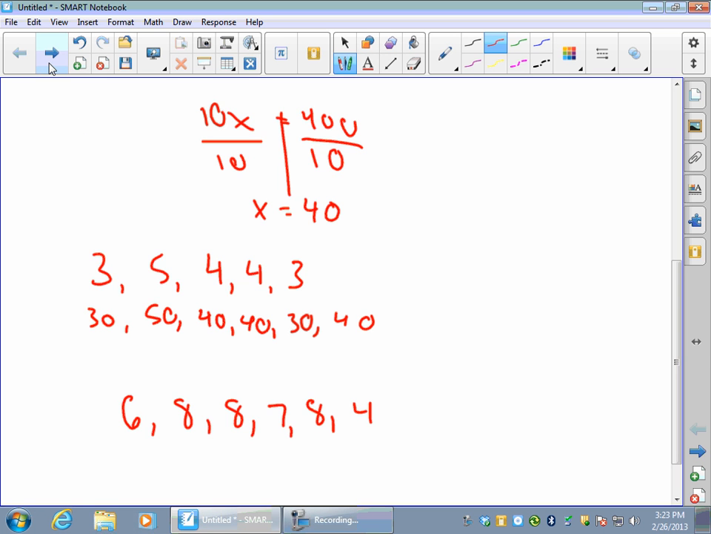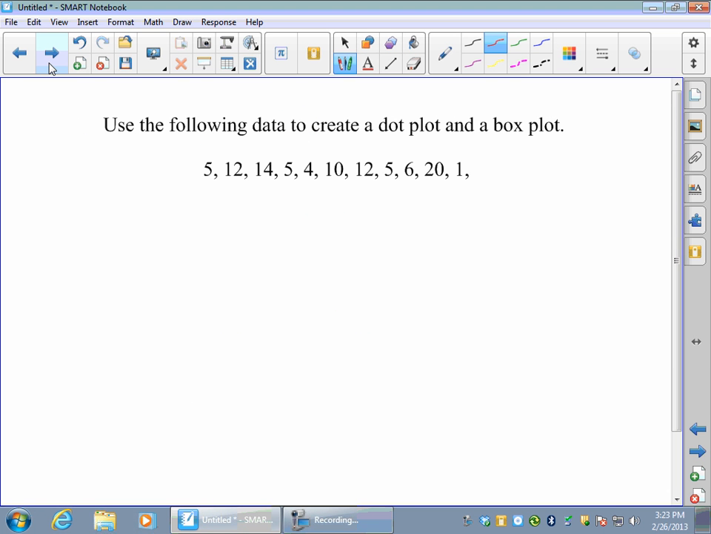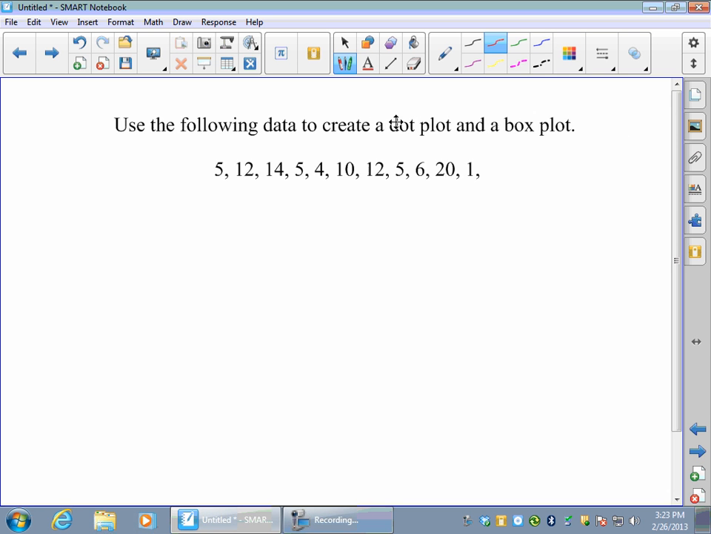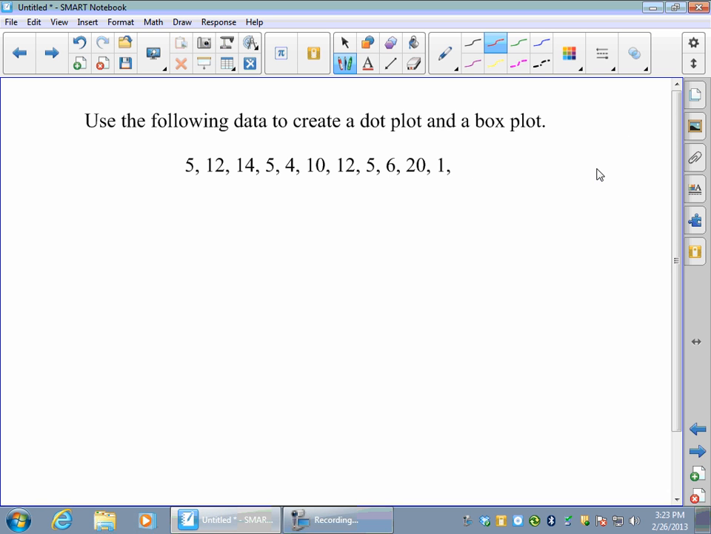Okay. Now, we also want to talk. You're going to see in the book in this section that we're looking at dot plots and box plots. Now, these are ones that you should have already learned, but I don't know if you did or not. So we're going to review them. So when I want to make a dot plot,